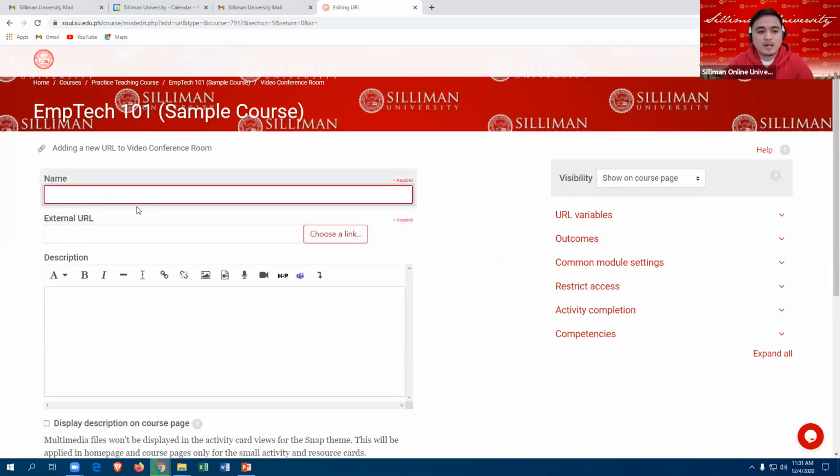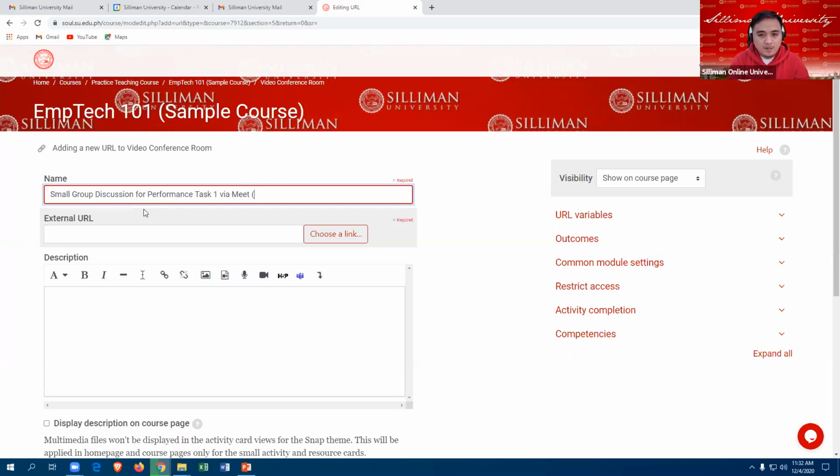So you will just give the name. For instance, let's say small group discussion for performance task 1 via Meet.